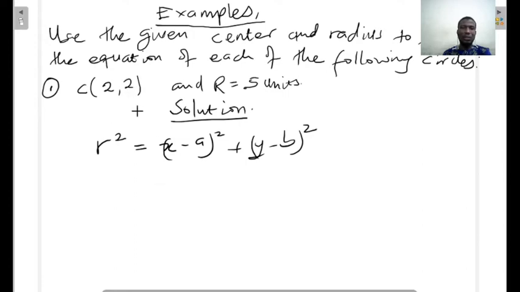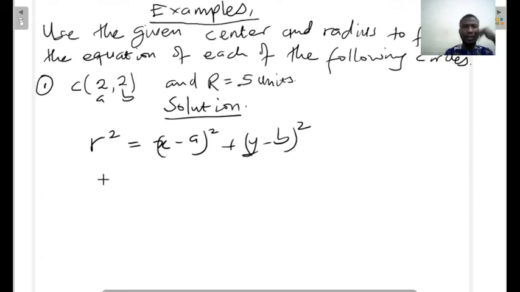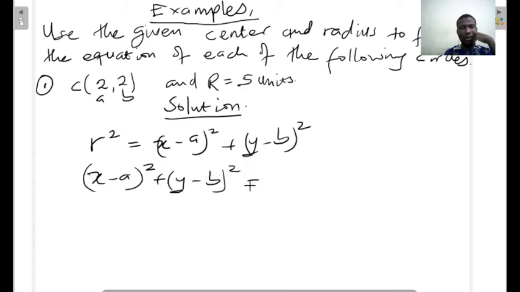So in this case, this is our a, this is our b, and this is our r. And this can be rearranged to have (x - a) all squared plus (y - b) all squared equals r squared. Substituting our values, we are going to have x